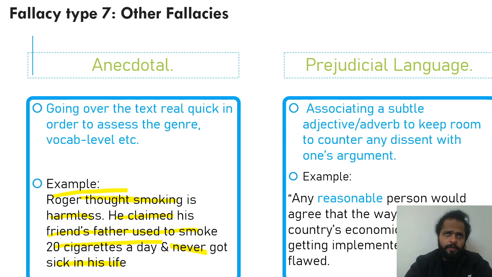He's quoting an incident where his friend's father used to smoke 20 cigarettes a day and never got sick in his life. Well, there might have been multiple other reasons because of which he did not get sick. Maybe he had a different genetic mutation which rendered the cigarette smoke innocuous for him, right? Harmless for him. So there might be multiple reasons why it might not happen in that one particular case,